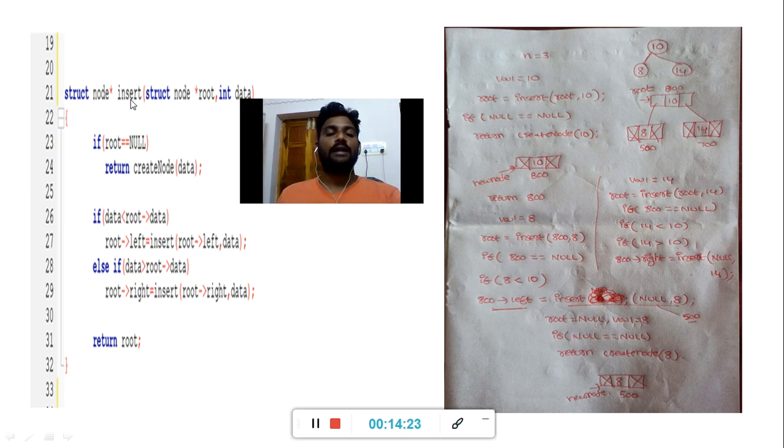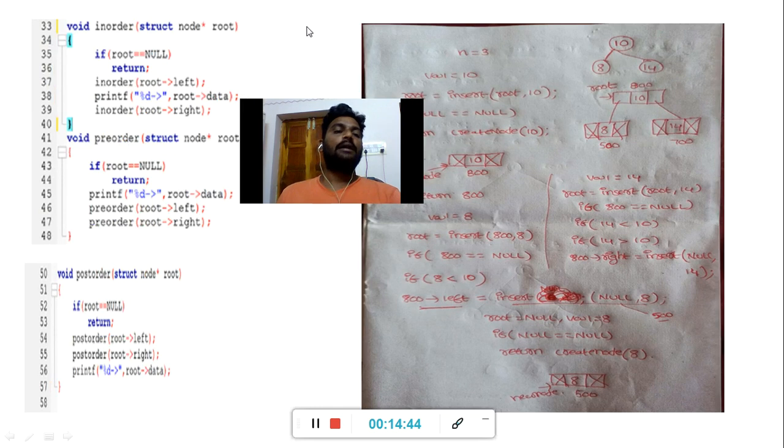Once the node is created, it can be inserted into the given binary search tree by calling the user defined insert function. Once the binary search tree is successfully created, we can apply the traversal techniques like in-order, pre-order and post-order, by calling the in-order, pre-order and finally post-order functions. These are the traversal user defined functions.